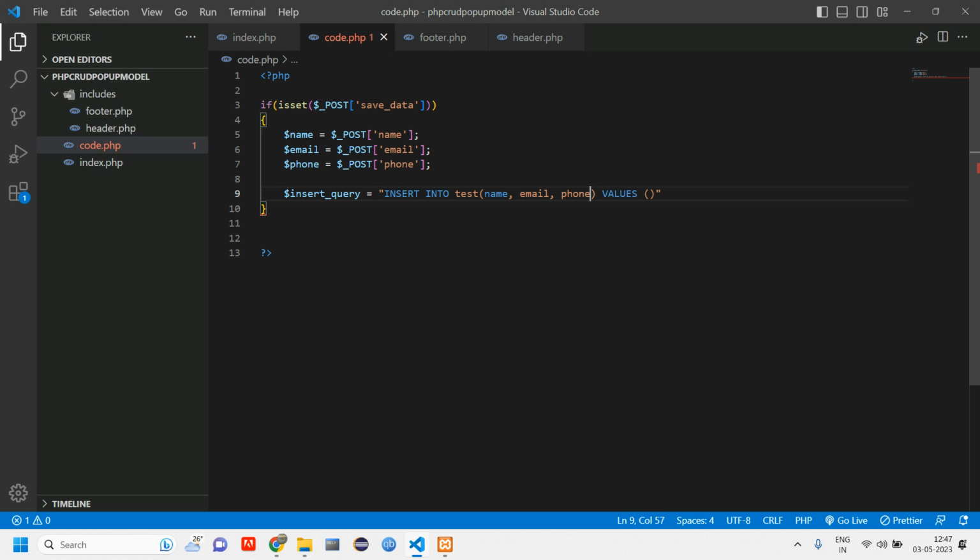Inside values, copy this $name within single quotes, just paste it. Give a comma and again copy this email, paste it, give a comma and copy, paste. So make sure you don't give a comma or full stop here. Add a semicolon at the end. And now we have